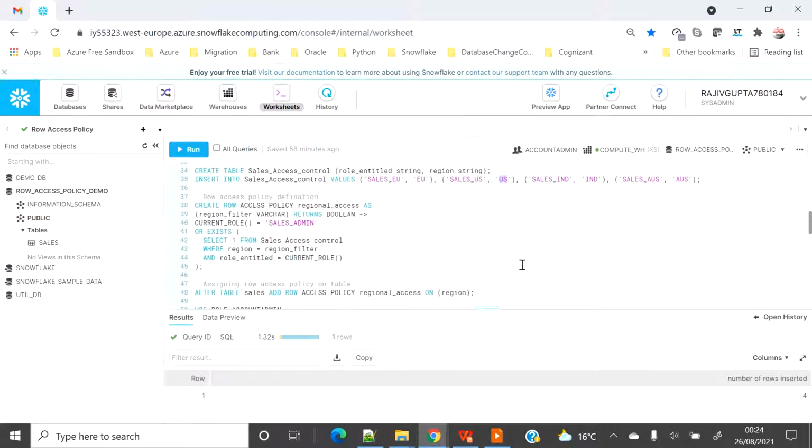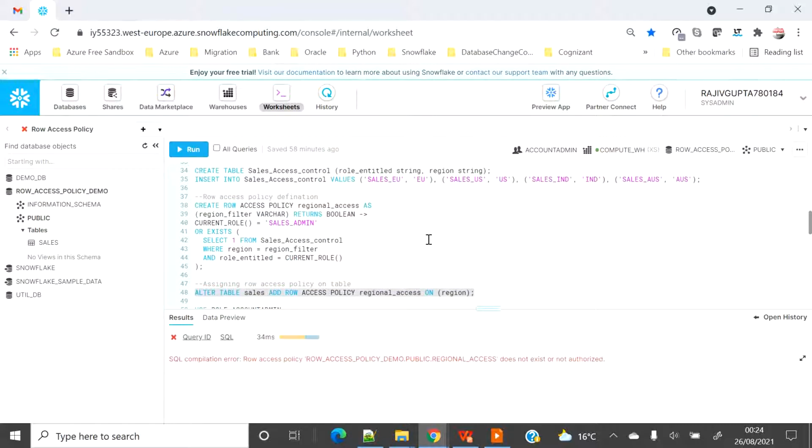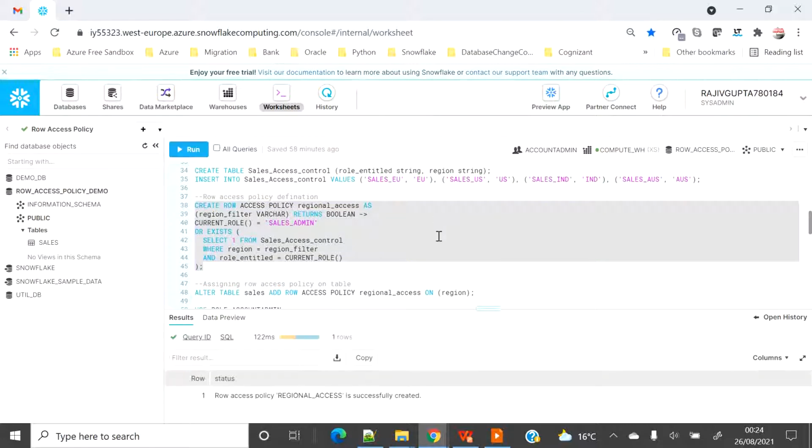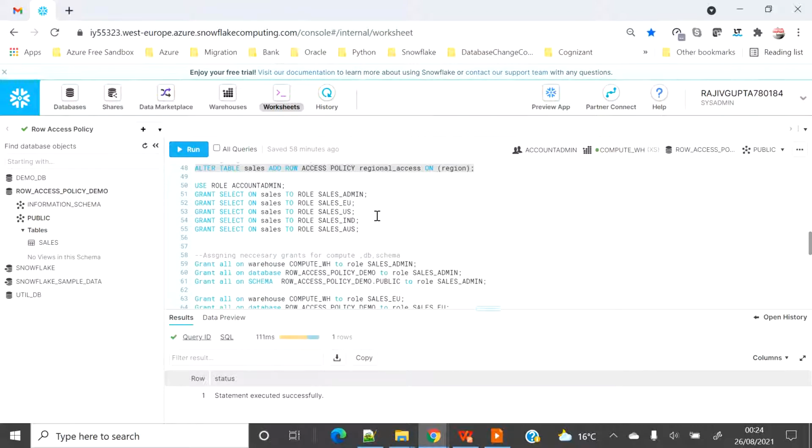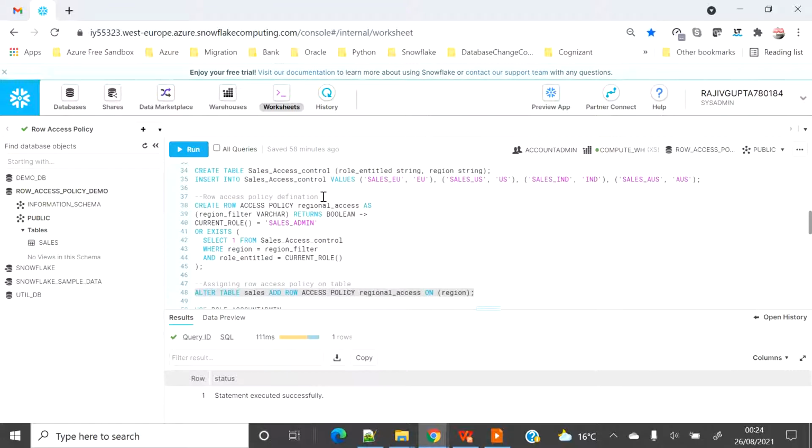Now, as I have already applied these roles. Okay, sorry, I think I have not created the access policy. First let me create the access policy and then assign the access policy to the sales table. Now that I have created it, as you know, I don't need to give grants on the policy filter table, basically the sales access control table.